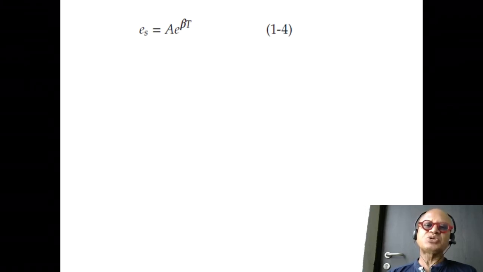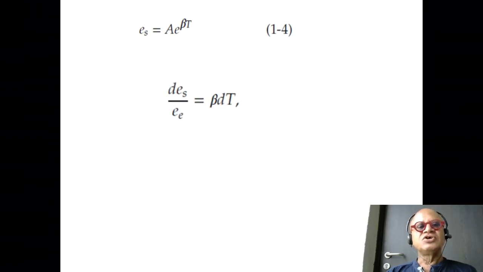If you increase temperature by increasing greenhouse gases, you are immediately going to increase water vapor because warmer air holds more moisture. So we go back to our Clausius-Clapeyron, the partial pressure of water vapor related to some constant times exponential beta T, right? Water vapor is going to depend exponentially on air temperature, so it's our biggest nonlinearity in our system, makes for a lot of difficulties. You do the differential of that because it's an exponential, you get des or e_e, equilibrium,